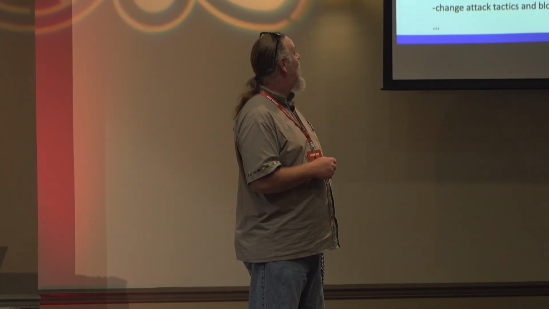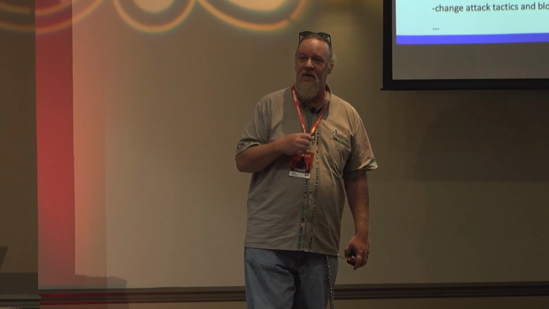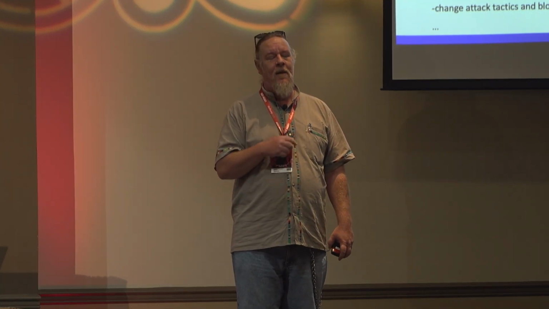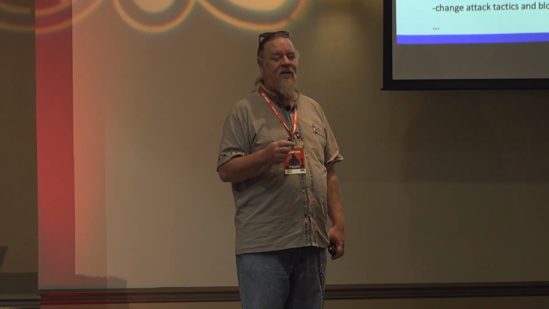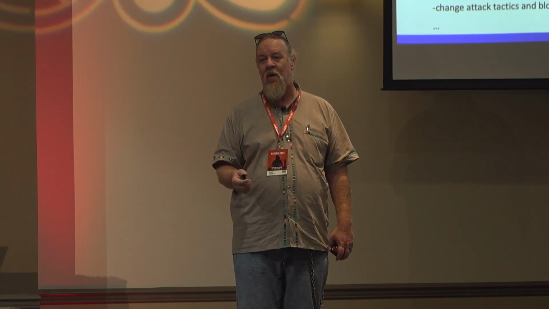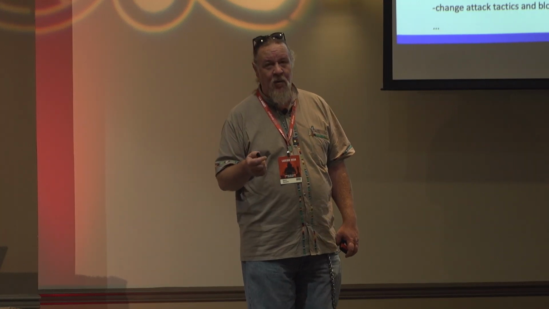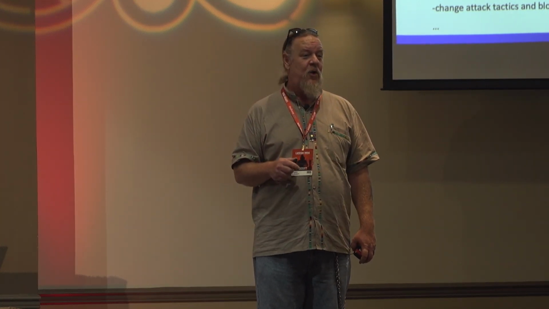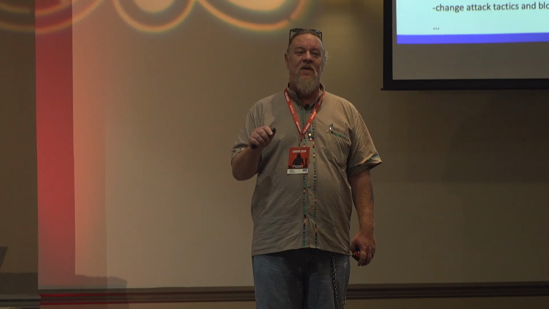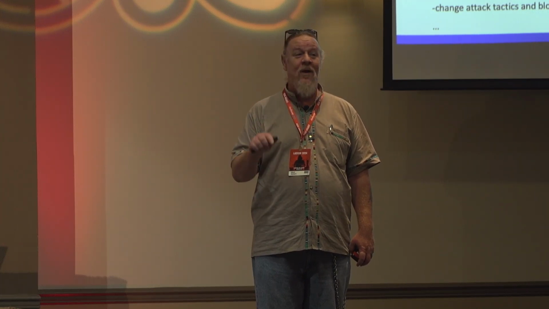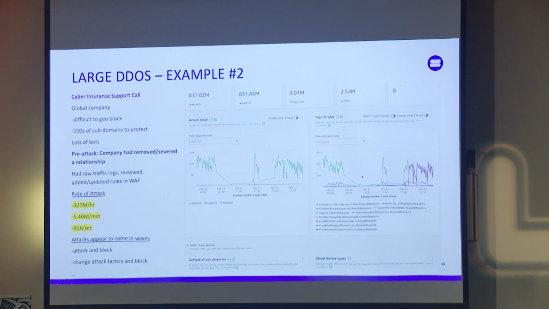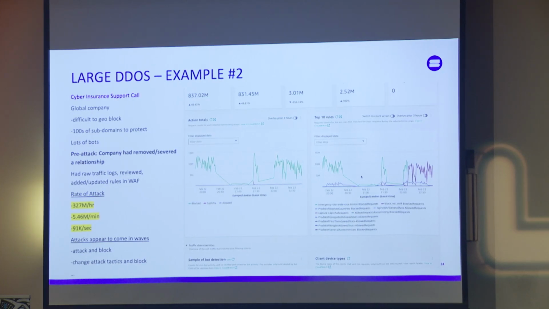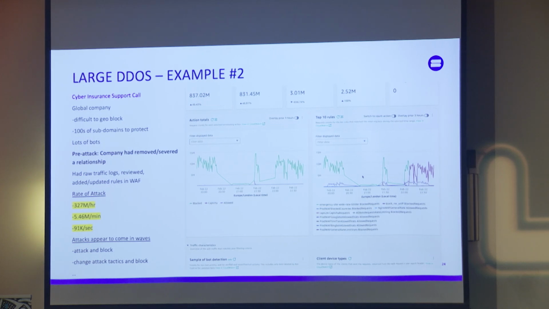So let's look at another one. This is a very large DDoS. This insured company called in, and they had an AWS firewall. And when the attack happened, they didn't have the most advanced AWS firewall. The web application firewalls are all pay to play. You can get basic things for nearly nothing, but the second you get large attacks, you need more telemetry, and all that costs money. And you can almost see where the threat actors tried an attack and then let it pull off, then they regathered and did something else. I see that all the time.